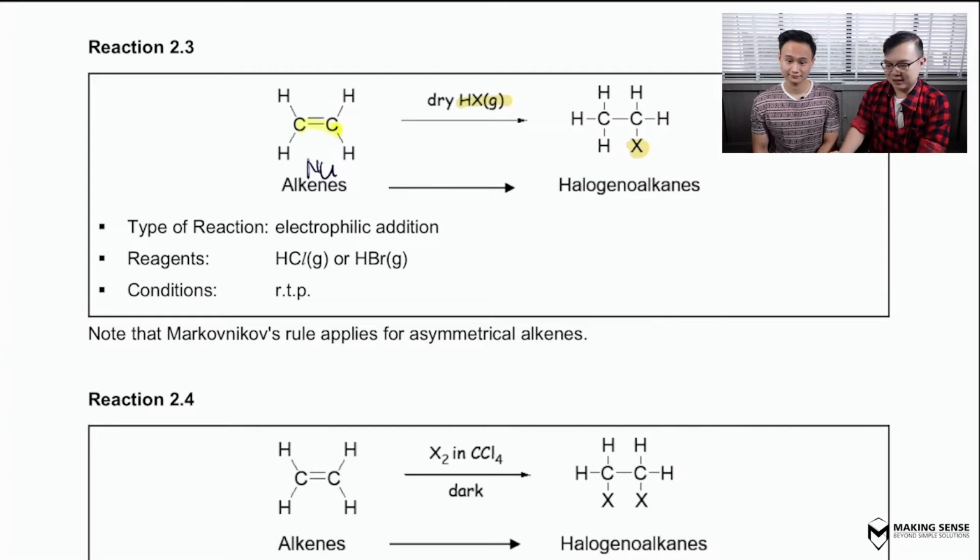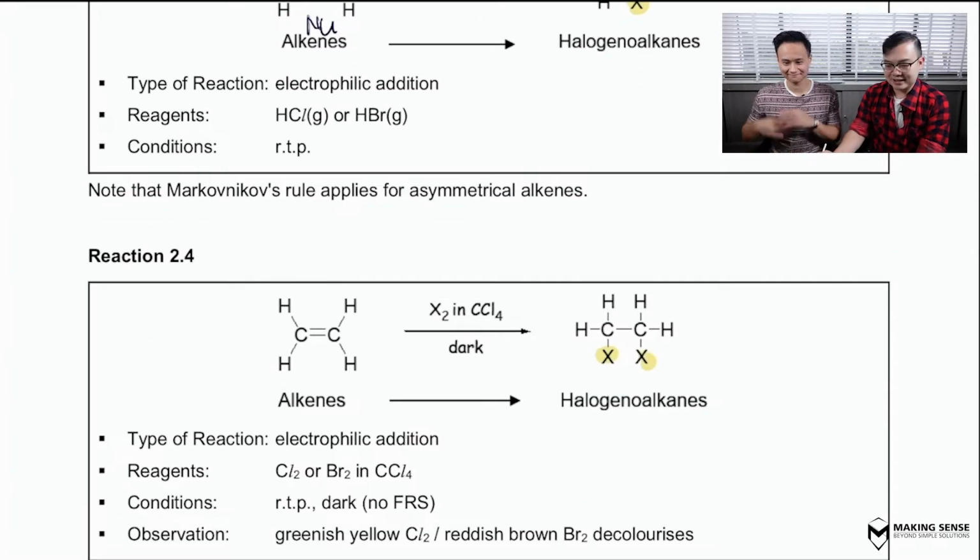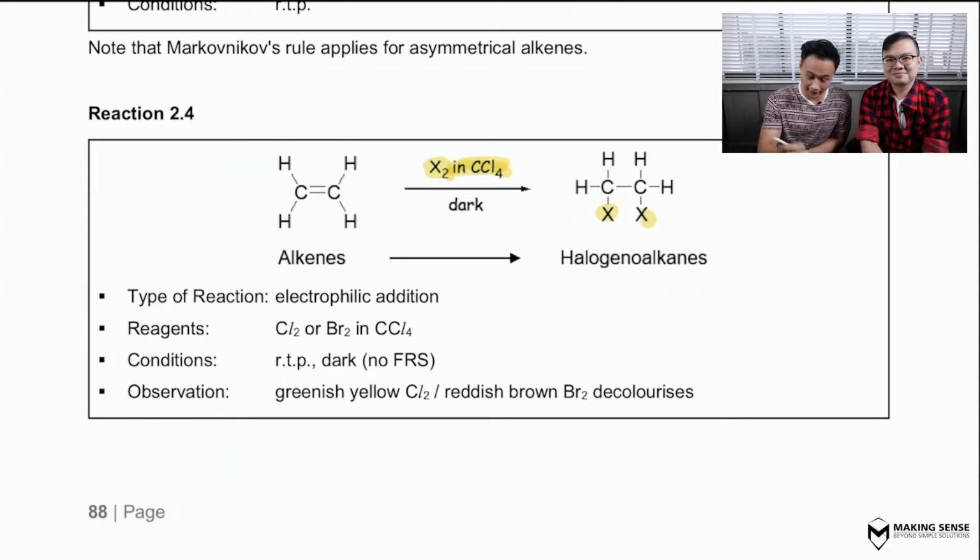But if you decide to be a bit funky, you want to introduce two X's, then we have to use a slightly different reagent. What would that be, Mr. Tim? Then we're going to use X2, if you want two halogens to go in. But in this reaction, we have to be careful because you need to make sure it is done in the dark. If you do it in the presence of UV light,